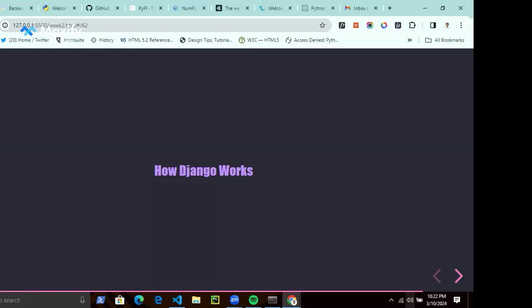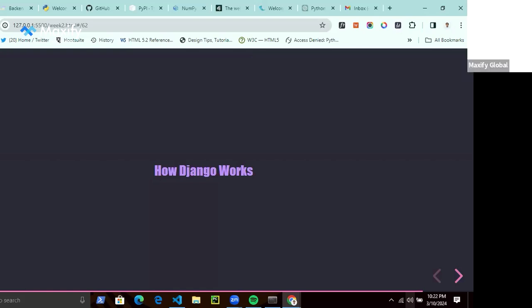Django can also send JSON. Remember, when you're dealing with APIs, Django sends JSON data, right? But when you're dealing with a traditional web application, Django can send HTML back to the client in the form of a template. So the templating engine is essentially HTML that has some logic in it, okay?